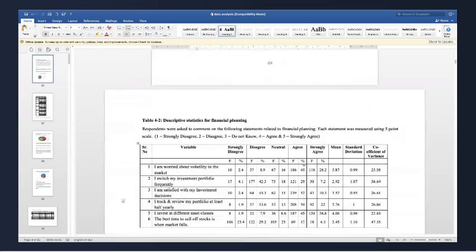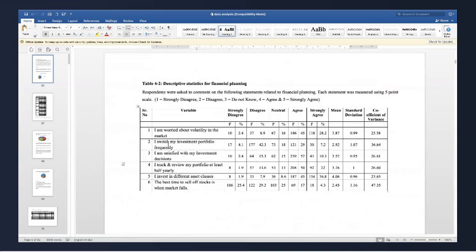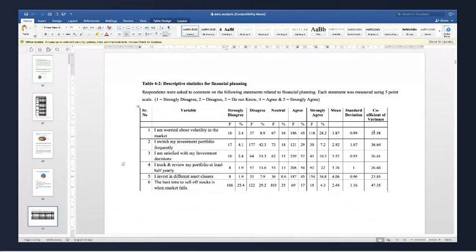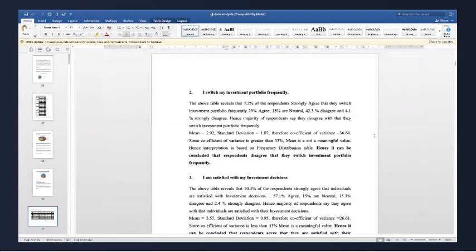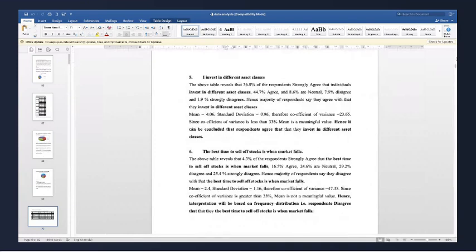That is my question. So you can see here, I had asked these questions, and on that, how many people have agreed, strongly agreed, disagreed. What is the total number? What is the mean, standard deviation, covariance? It's not necessary to do all these things, but I'm showing you how we actually use data analysis. So then I'm doing the analysis.